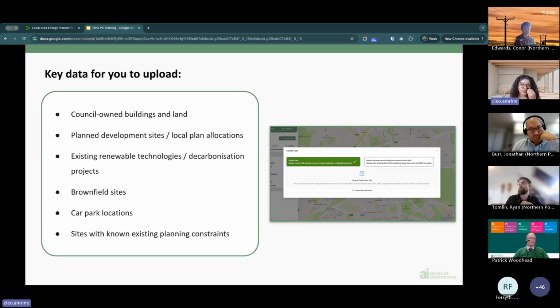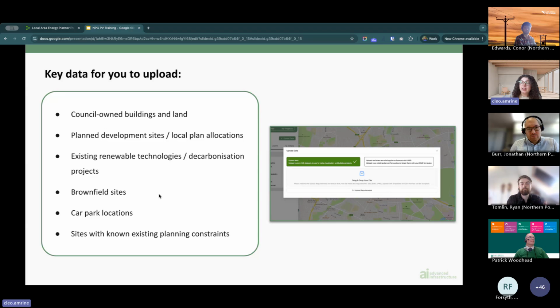So I'm going to walk through some of the key data sets that you might want to use for a PV project, which are already in LEAP Plus, in just a second. But before I do that, I wanted to also highlight some additional data that you might have locally at your council, which would be beneficial to upload into LEAP Plus, and you can then use that alongside existing data on the platform. These are data sets which are beneficial for you to add if you have them or if they're openly available online, which I know some of them like brownfield sites are, and some car park data sets are available online as well. Not all of these are necessarily relevant to a PV project, but I just wanted to highlight them.